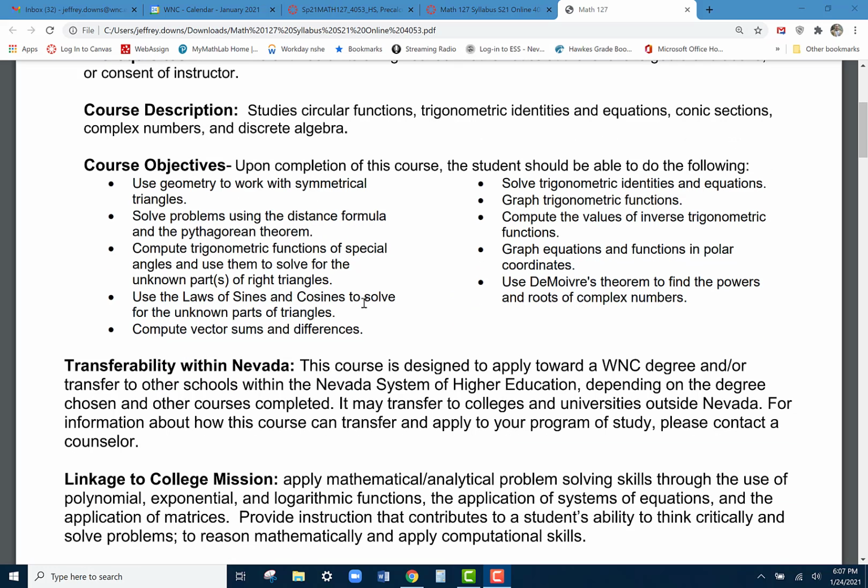Upon completion of the course, the student should be able to do the following: use geometry to work with symmetrical triangles, solve problems using the distance formula and Pythagorean theorem, compute trigonometric functions of special angles and use them to solve for the unknown parts of triangles, use the law of sines and cosines to solve for the unknown parts of triangles, compute vector sums and differences, solve trigonometric identities and equations, graph trigonometric functions, compute the values of inverse trigonometric functions, graph equations and functions in polar coordinates, and use de Moivre's theorem to find powers and roots of